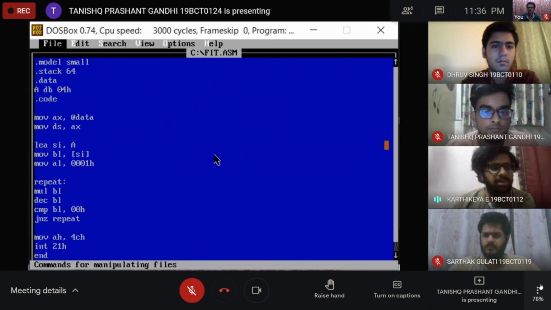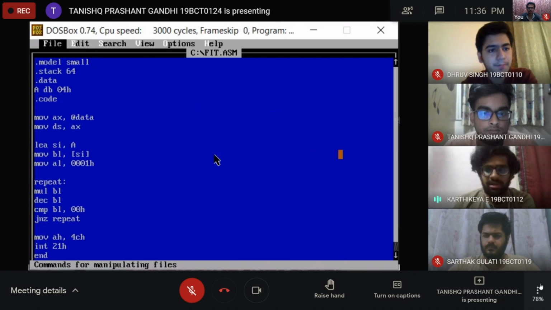The next line is .STACK 64, so I'm going to use 64 kilobytes of memory for the stack, and then there's the .DATA part, where we initialize data. Here, if you look at the code, it says A DB 04H.